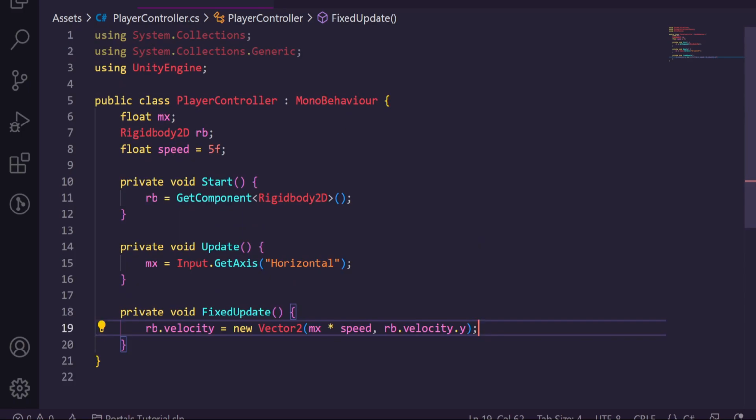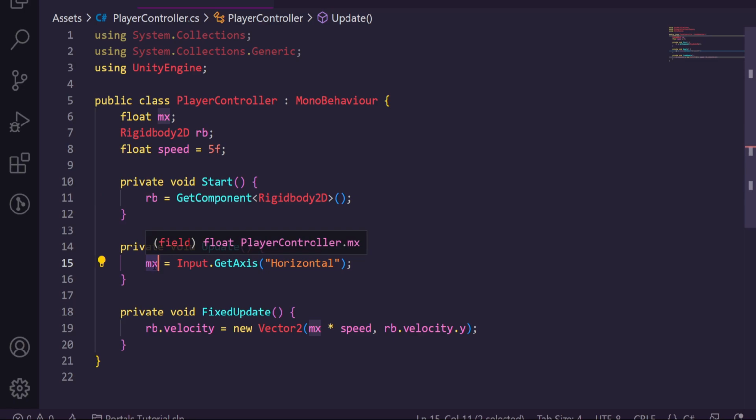Now, I'm just going to quickly explain this so it's not all a mystery in case you do want to learn how to do this. We're creating a float called mx, which just stands for movement on the x. It's basically where we're going to get our input. We're then getting our rigid body that we've applied to our player. We're going to set a speed variable. We're going to get our component that's on our current game object, the rigid body 2D, and set it to this variable. We're then going to go to our mx, and in our update, if we press A, D, or left arrow, right arrow, it's going to get the horizontal input axis,